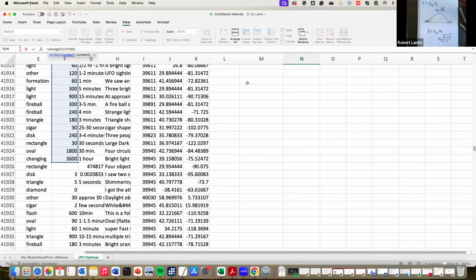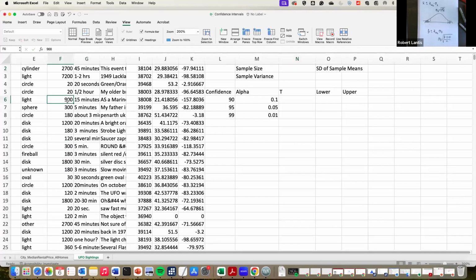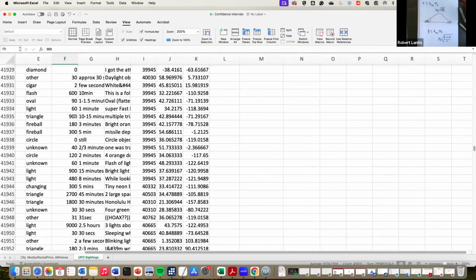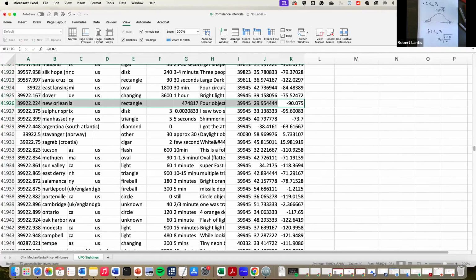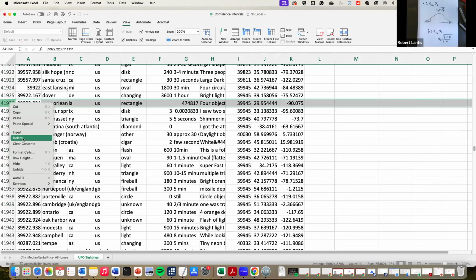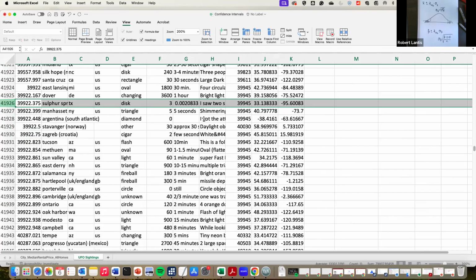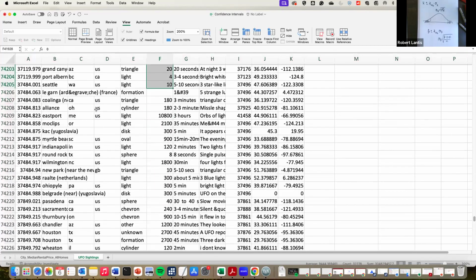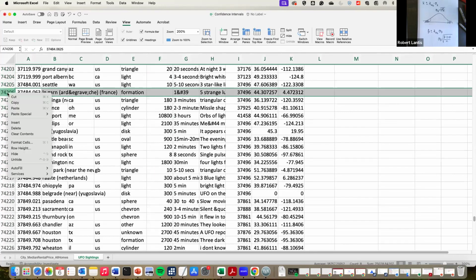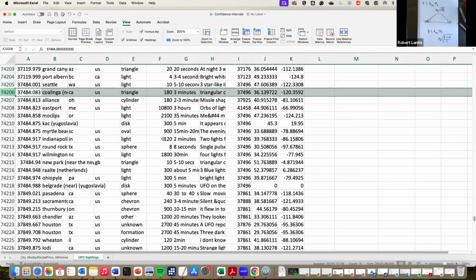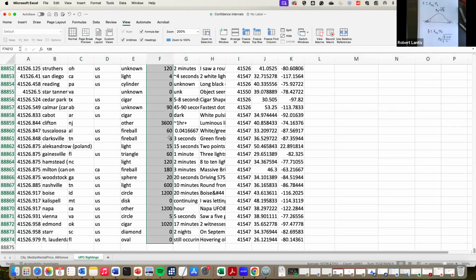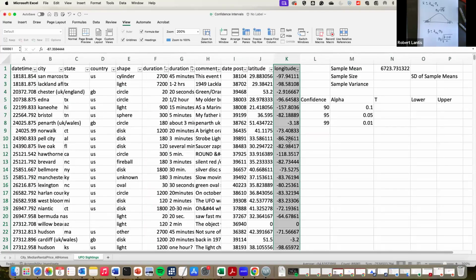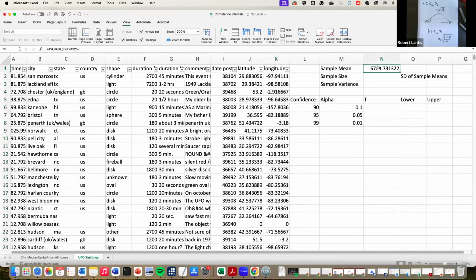Oh, actually looks like, oh, hold on. Thought I vetted this data before I did this, but this one is missing for some reason. So I'm going to have to delete that for the sake of what we're doing. All right. And let's make sure there's no other missing ones. There is. How didn't I catch this before? I apologize. There we go. Now they're all in there. All right. So I'm going to find my sample mean,